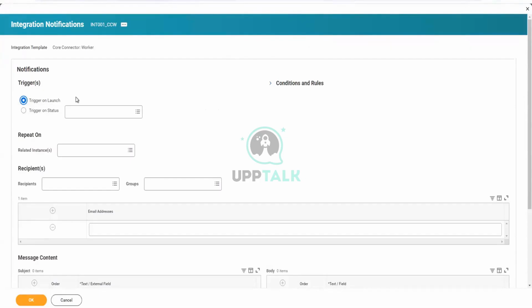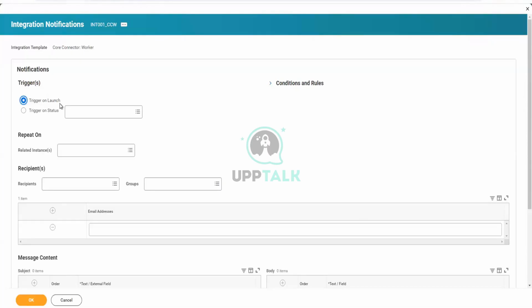Now, say you don't want a notification at launching time. If the integration is running successfully, I don't want to get any notification. I just want to get a notification whenever the integration completes with errors or warnings, or the integration fails. Because if the integration completes successfully, it's delivering files and working perfectly fine, so it's unnecessary. I don't want those kinds of things in my email. But whenever the integration generates any kind of errors or warnings, or fails, I want a notification to be triggered in